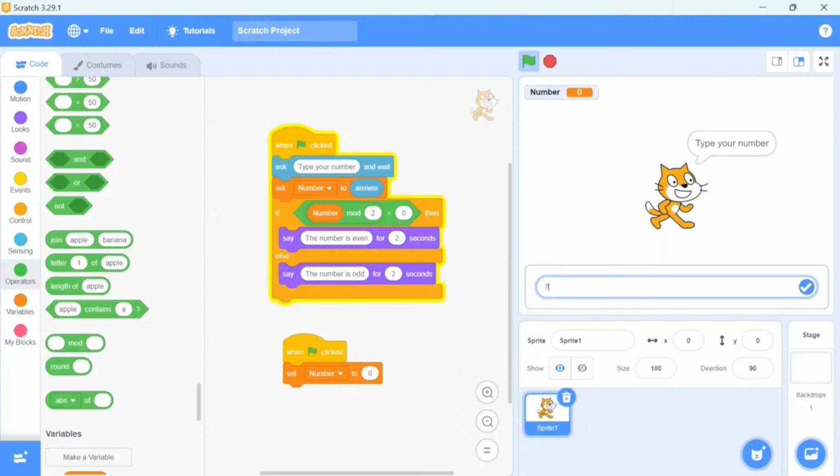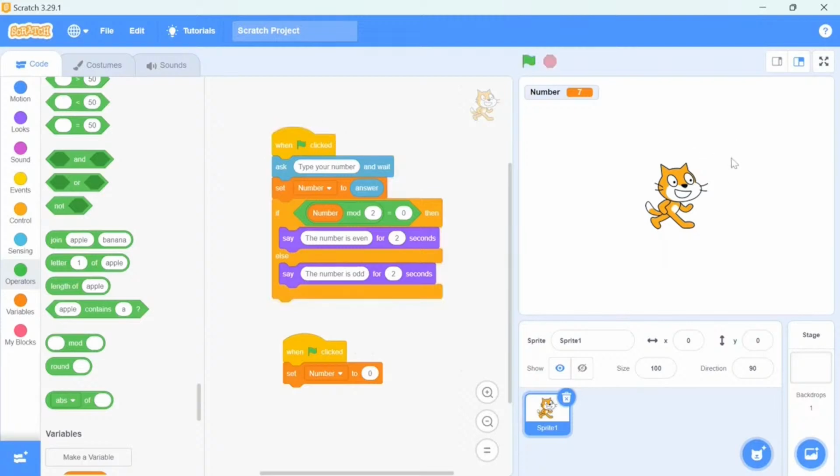It means, like I typed 7 over here, and if I click on this icon, now let's see, it shows the number is odd. Here I can increase the seconds. Suppose I make it 10 seconds, and this one also 10 seconds, and then again I want